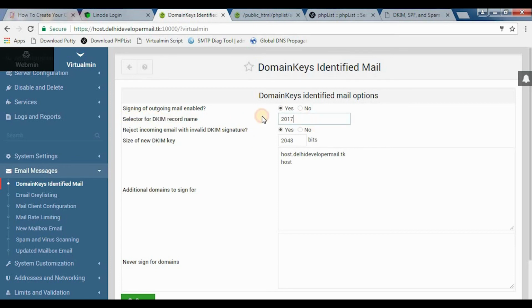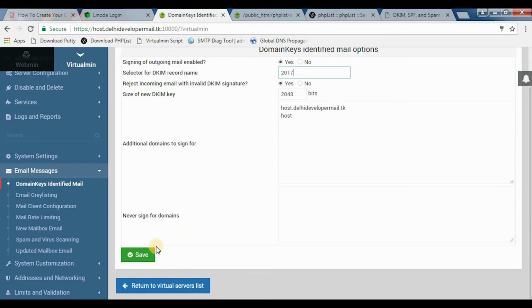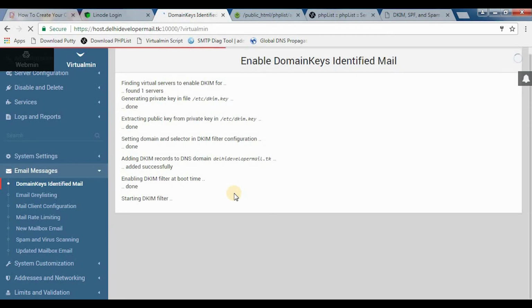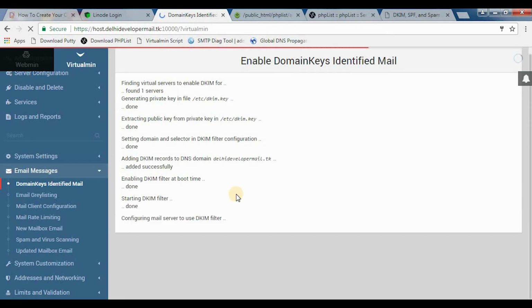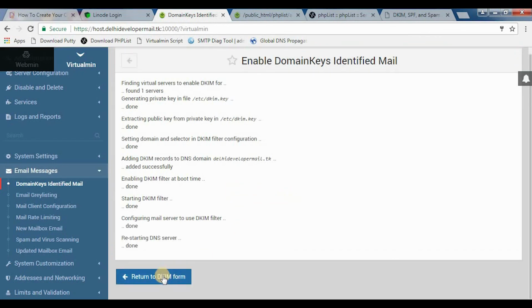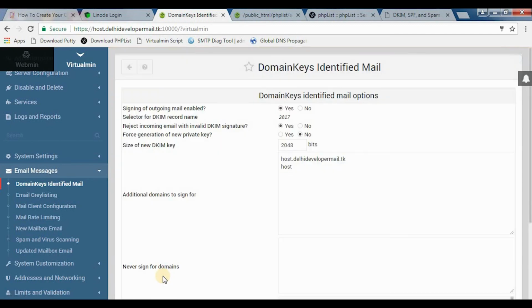Now your selector for DKIM should be the current year. Usually default is used, but default has some problems in Virtualmin and Postfix, so we will just use the current year, 2017, and just click on save. So the DKIM settings have been saved, and the next thing that we are going to do is